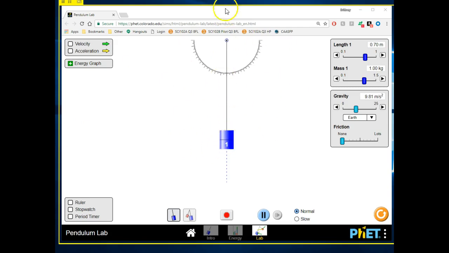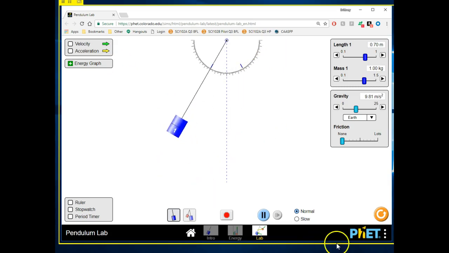Okay, so here we go. We have a pendulum right here. We're going to learn a little bit more about this, but we have the length of the string right here. We have a mass right here, which is called the bob, and we have various angles that we can drop it from. For example, I'm going to go ahead and drop it from 30 degrees.